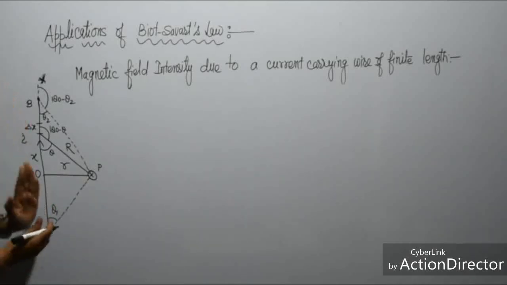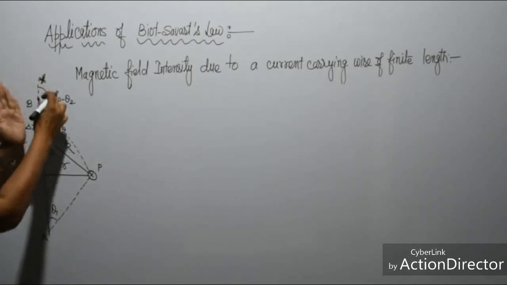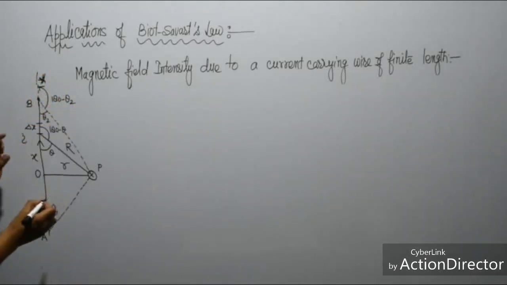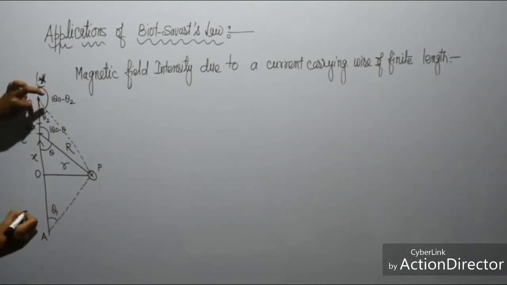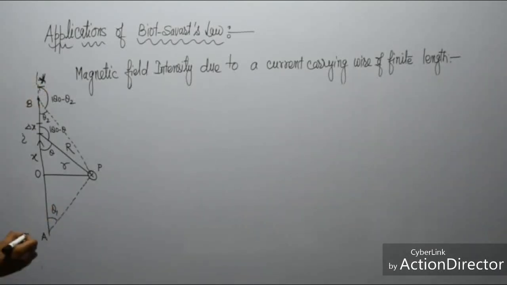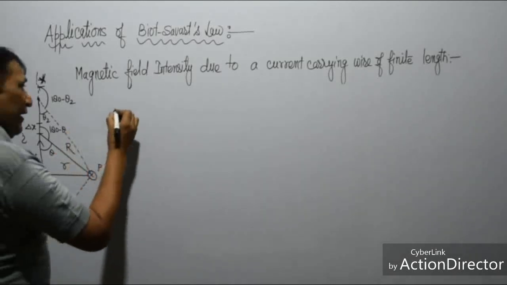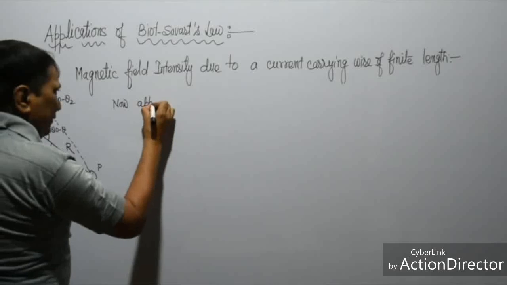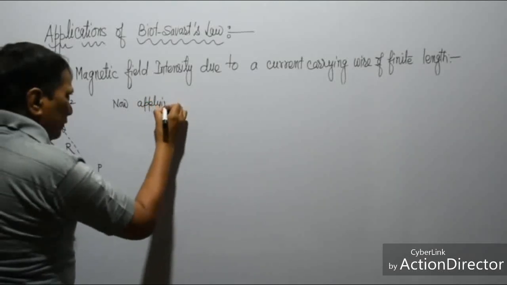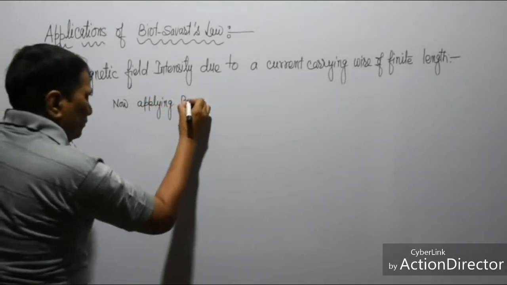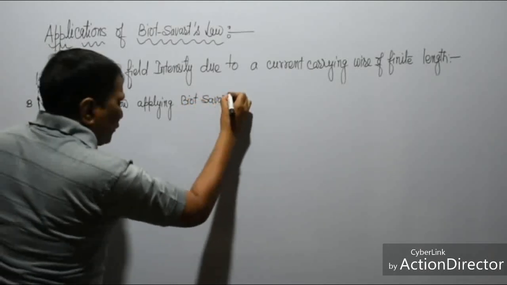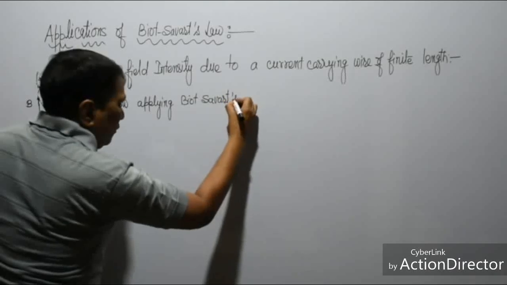Angle is to be measured only in one direction, that is in this direction. So this angle is 180 minus theta and the inner angle is theta 2. This is theta 1. So now applying Biot Savart's law।